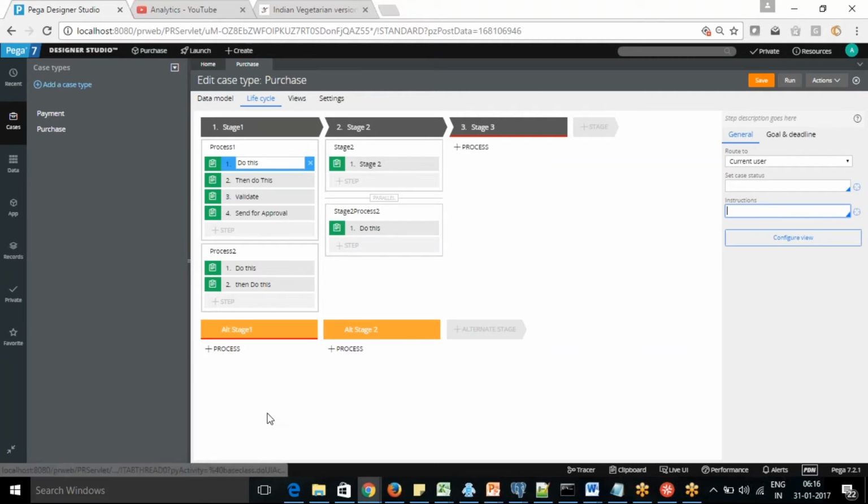So what is this, SLA? Yeah, we'll come into that. SLA is the service level agreement. If you say each step is like an assignment, right? So each assignment you want to achieve, right? Someone needs to get it done in some specific time. So how are you going to achieve that?